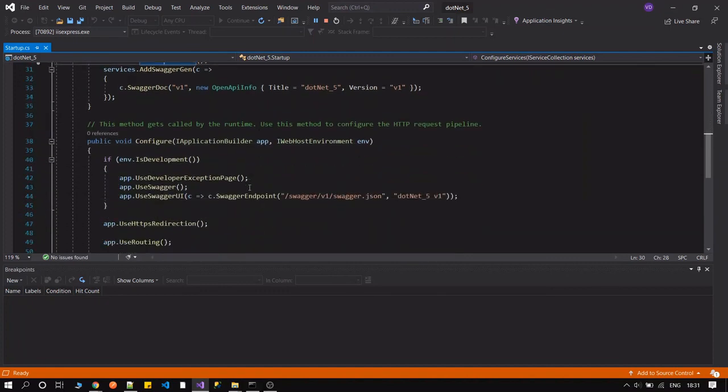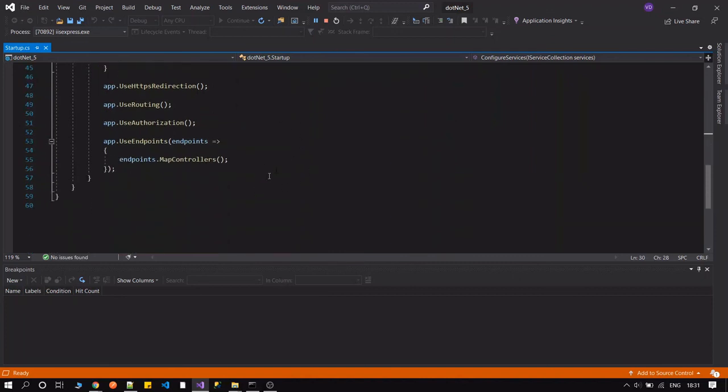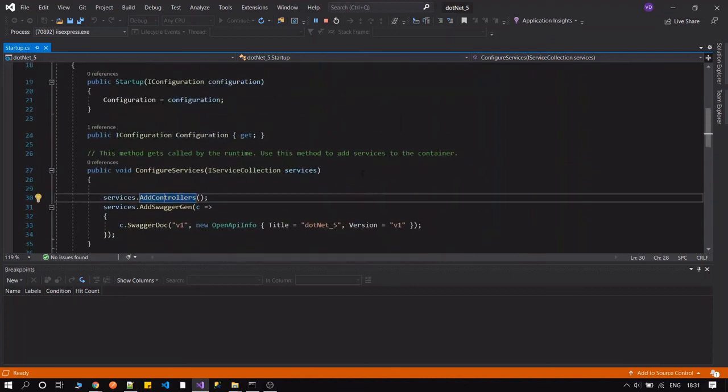Swagger UI basically makes it easier to test the API, so that you don't have to use any third party tools, like we have already worked with Postman and Fiddler. Swagger is much easier to use compared with the other approaches.